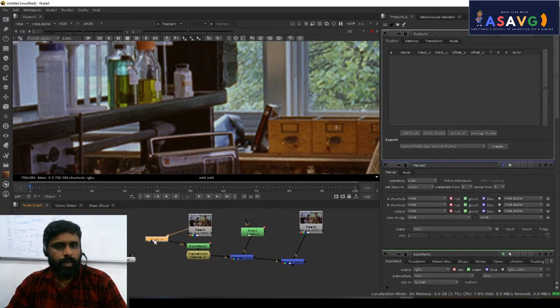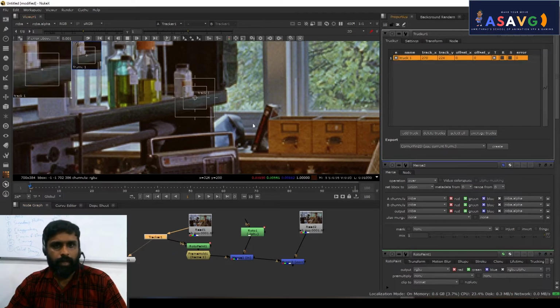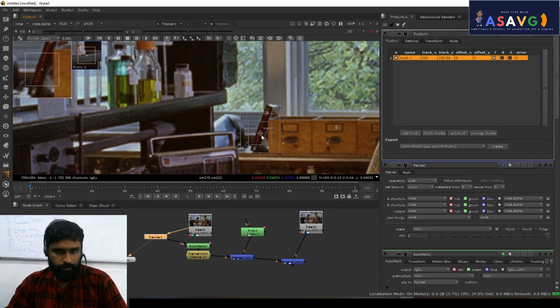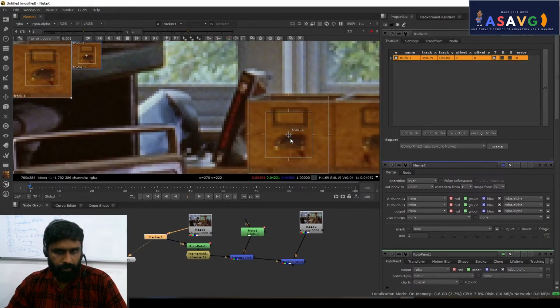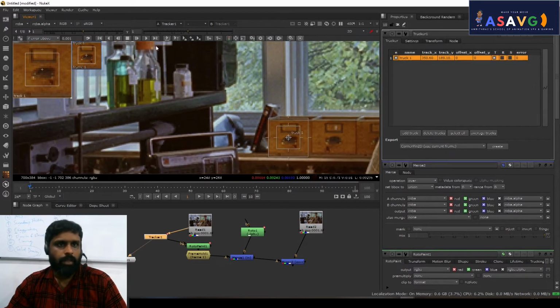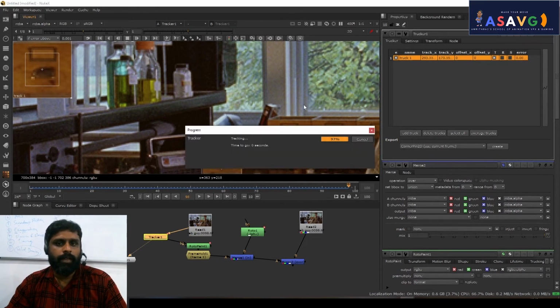Okay, so this is our tracker. Select this one, press 2, first area, add track, select on this area. This is our complete tracked portion. Whatever area we have to track, we will put it over here and do a manual track. Not manual track, add a default track. So Nuke is tracking the information for us. Just click here so you can see the complete tracking information like this.